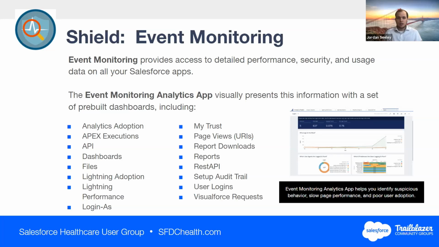With that context, the most important thing that I see clients use event monitoring for is to proactively manage or keep track of some of these important things. So report downloads. If there's any users that are specifically viewing or trying to download a specific report, maybe it contains PII or PHI within your Health Cloud or regular Sales Cloud environment, that can be an important indicator. If they're not supposed to be downloading or attempting to download those reports, that can be an important indicator